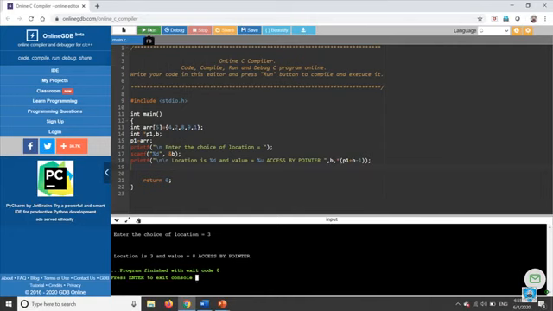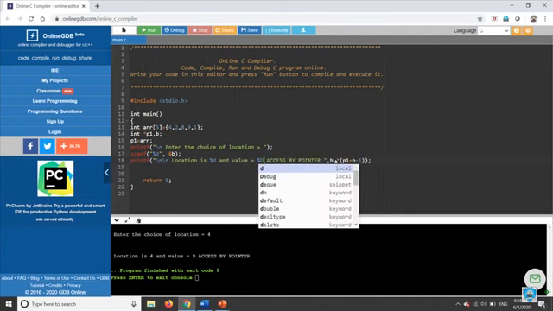I want to run this program again. I want to enter 4 now, and when I press enter, the location is 4 and the value is equal to 9, accessed by the pointer, because we use *p1 not b. If we want to change over here, not unsigned but d,